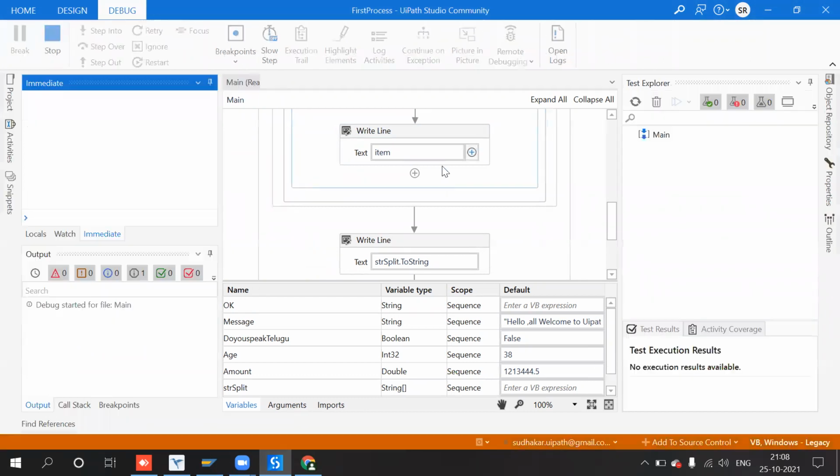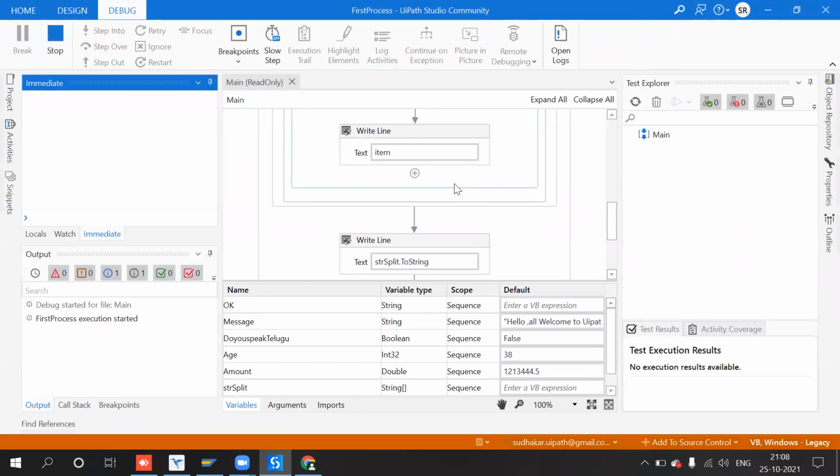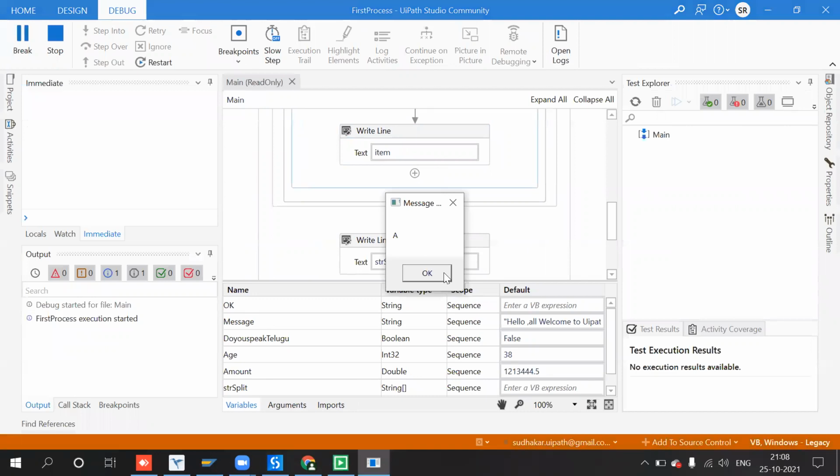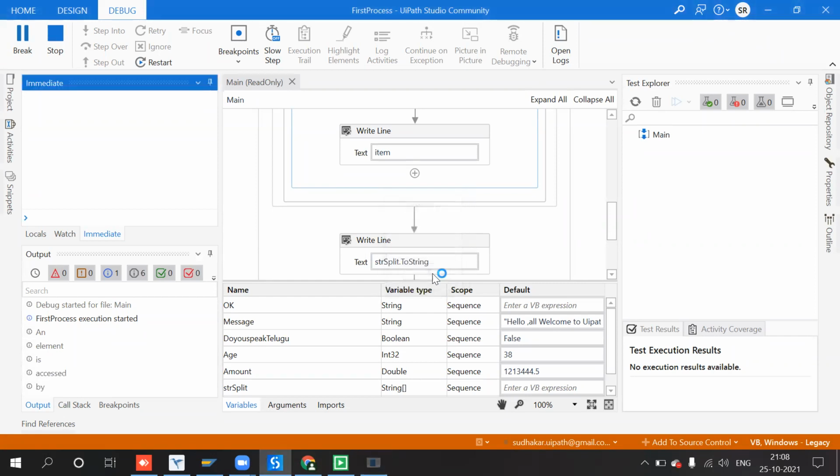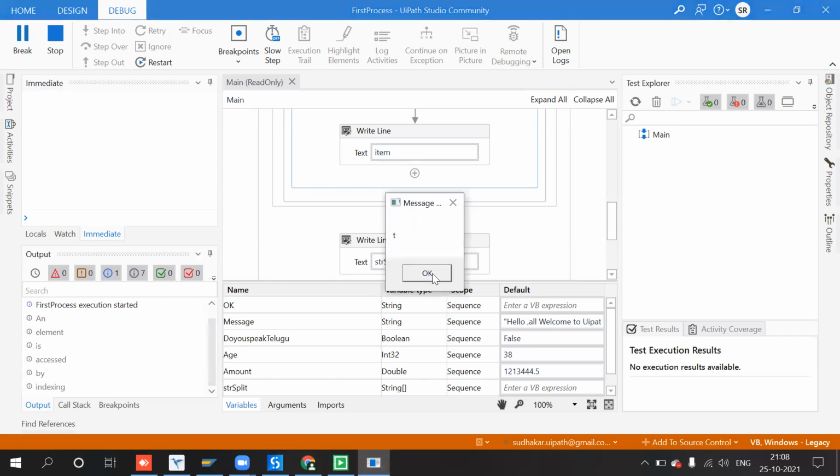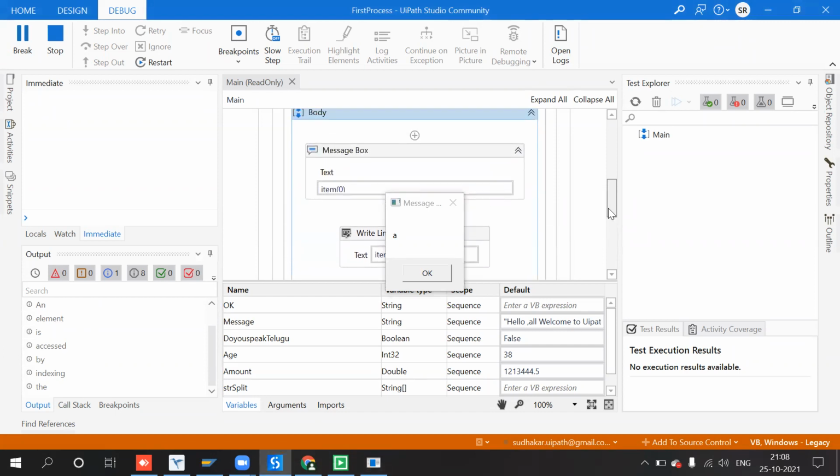So now in the message box we will get only... hey, this is not correct. So item of 0.